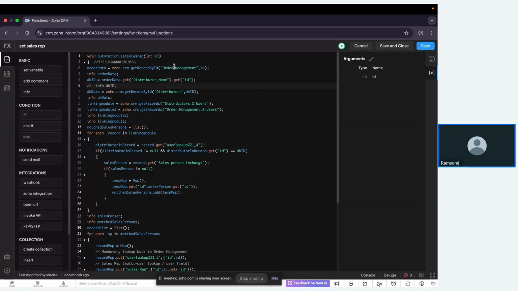The second step is to fetch the distributor record. So here we are fetching the distributor record. This fetches the full distributor info, right? And we are getting two linked modules actually. So here the linking module shows which sales reps can handle which distributors, and the other linking module connects orders to the sales reps, right? So the orders to the sales reps is this, and the sales reps which handle the distributors is this. We'll use the first one to identify which sales reps belong to this distributor, and the second one to